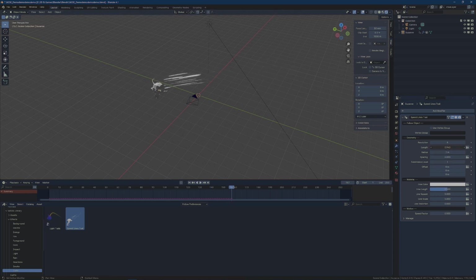We can make this trail longer. We can make it larger or smaller. Spacing is for if we have multiple using vertex groups. Subdivision level is smoothing. Offset will move the origin point of the effect. And then you can also change the line color here, the length of the lines,